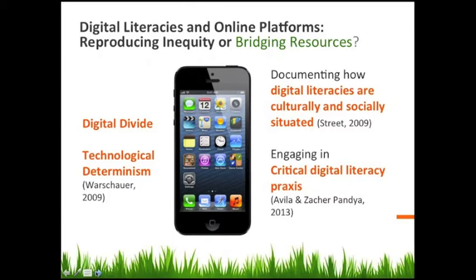It's not just, oh, this phone is great and it's going to solve all our problems, but this phone and this interface is designed with somebody in mind, and that somebody may not be just like me, and it might not fit my needs, but I'm being told that this is what I need. So I want people to engage in critical analysis of platforms, websites, apps, and think, okay, how can I make this work for me? And what do I need to do? And is it appropriate that somebody tells me this is right for me? This is the app or the website or the phone that I need.